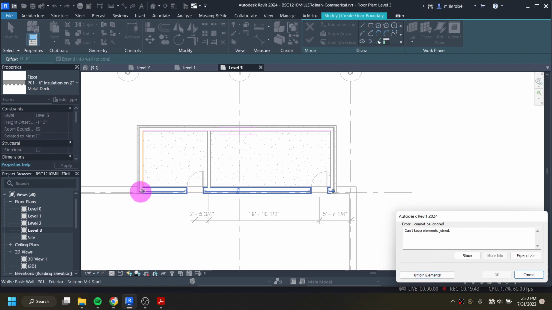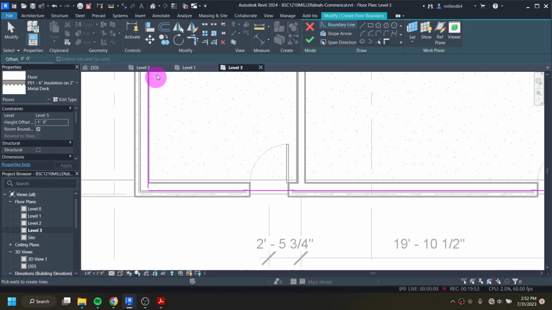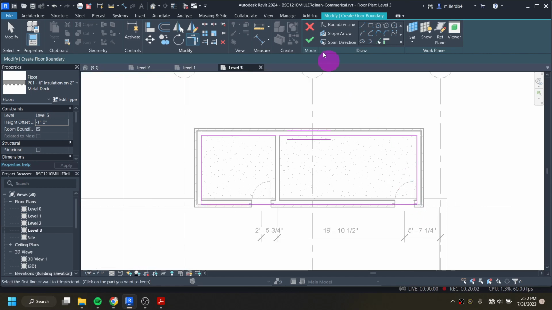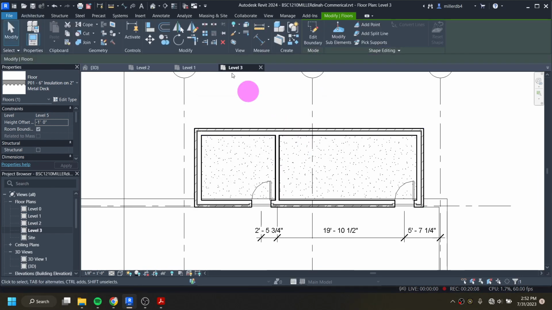I think it's doing it on this wall because of the fact that we had to join or cut this wall from this one. That's my guess of why it's doing it to that one. But we can easily fix it using the trim and extend to corner tool to bring these corners to each other, bring these corners to each other, and then click our green check. And again, I almost always hit attach,